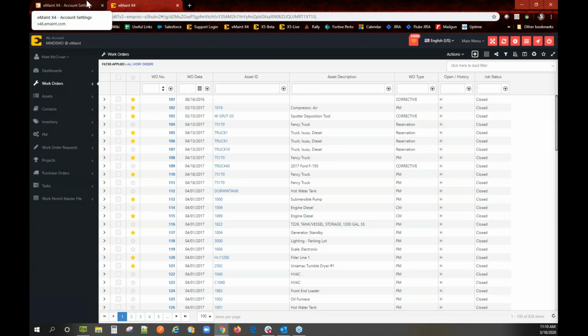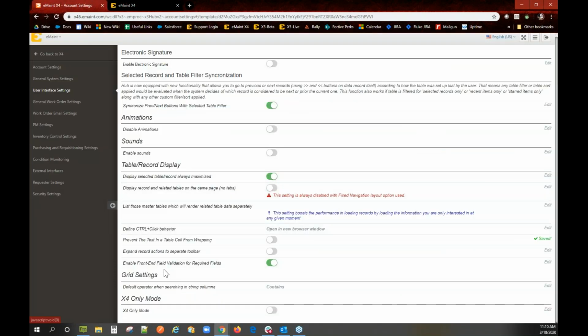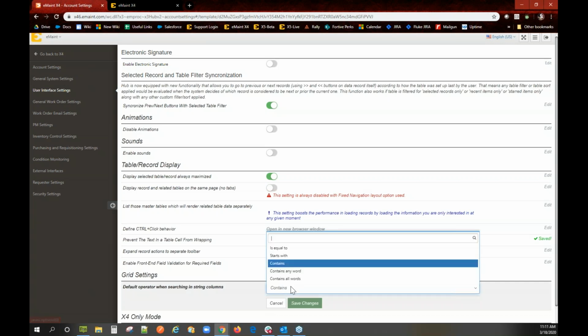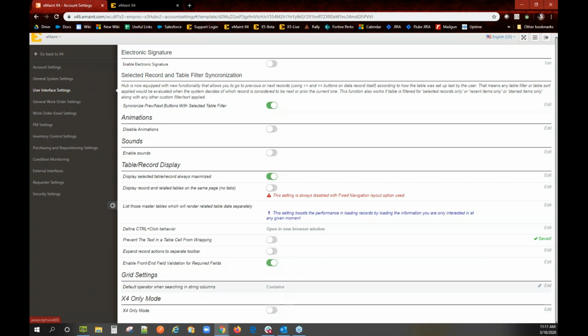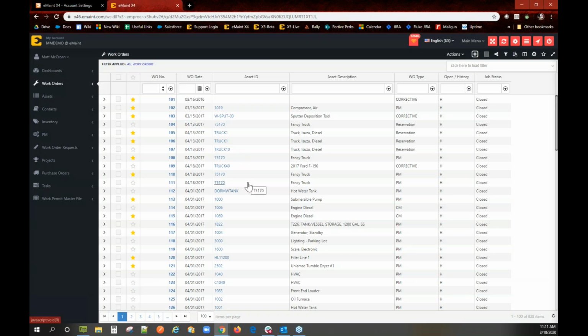All right, and the last option, I believe I said it was the expand record actions to separate toolbar. I was mistaken, I apologize. It is its grid setting. It is default operator when searching in string columns. You'll notice that mine is set to contains. Yours may be set to starts with. Those are generally the two that people change it to, but these are going to be directly correlated to what operator all of these filter options